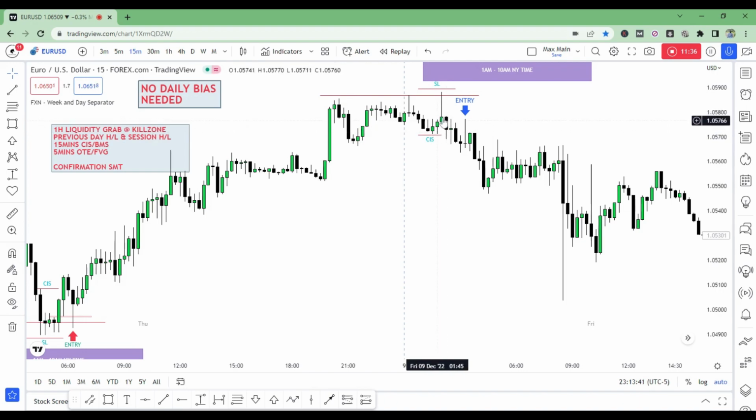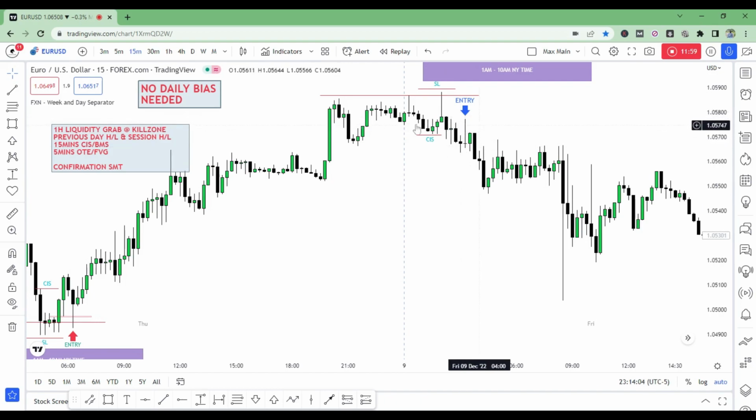Change in state of delivery comes when these three candles, so this is our bearish order block, are taken out. You want to be looking at those candles. Once that range is taken out, you want to be framing your entry right there. But you can also take another entry right here if you did not enter here. I like this entry, and there's also a secondary entry right there.